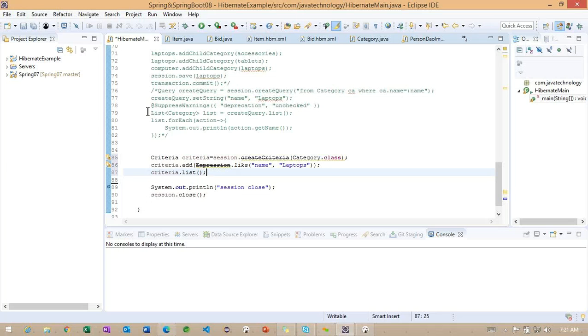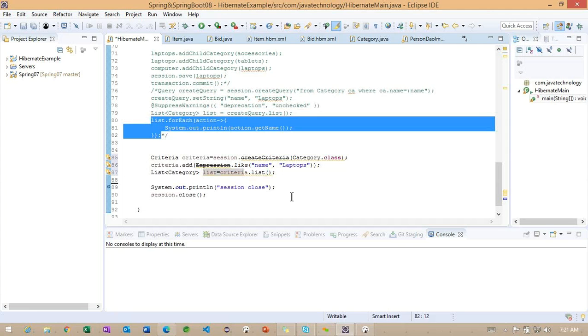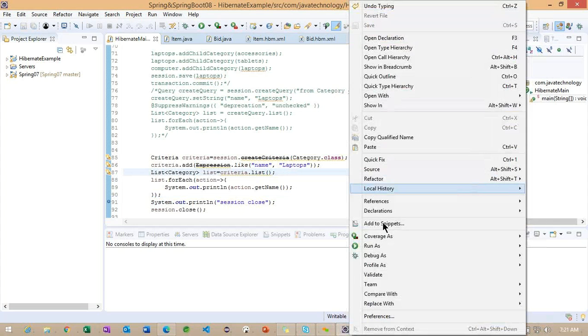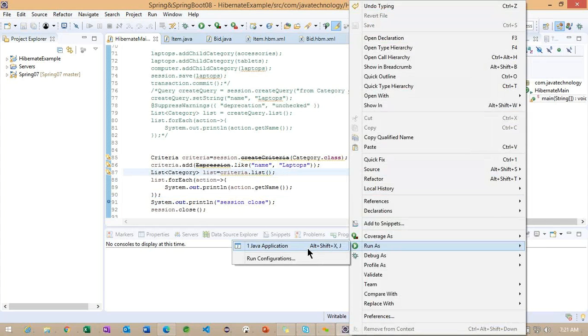And we'll copy this. We'll work on the same. Okay, so observe carefully how this criteria object will work here.